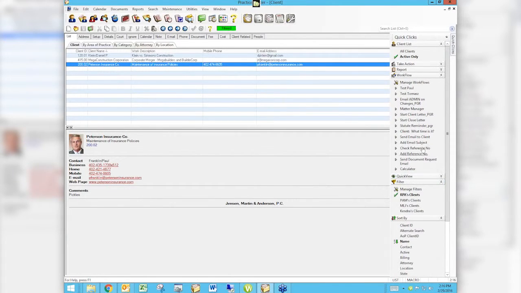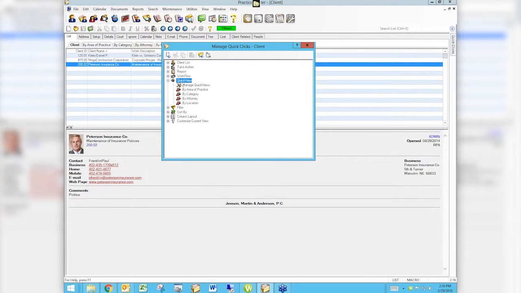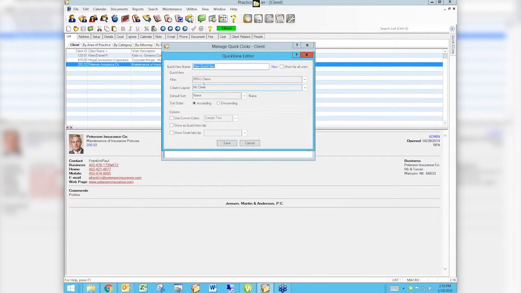But another thing that's under Quick Clicks is managing something called Quickviews. And Quickviews are these tabs we see here, okay? So I'm going to take these filters, I'm going to start with this one, and I'm going to turn it into a Quickview. And all I need to do is start a new Quickview. So I'm going to go into Manage Quickviews, and I'm going to create a new one just by right-clicking and choosing New. And I'm going to call this RPA's clients,